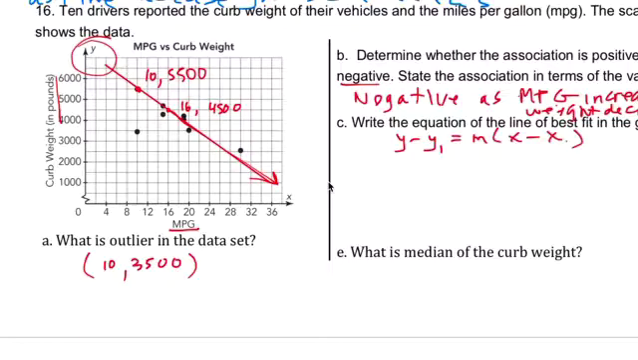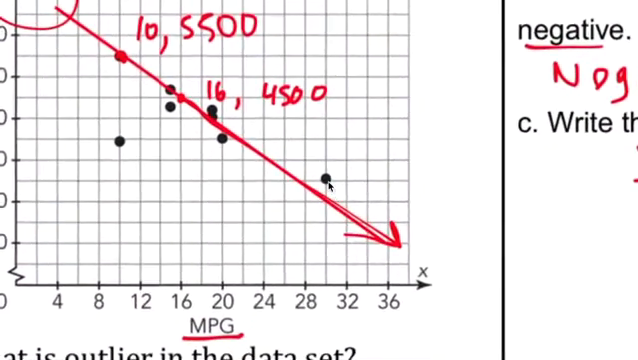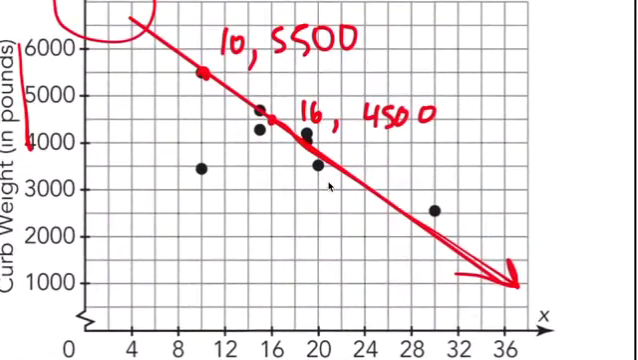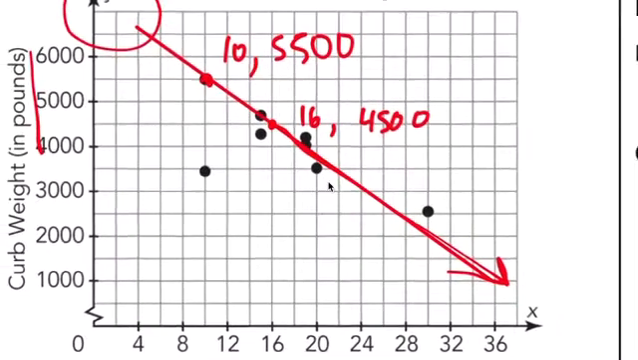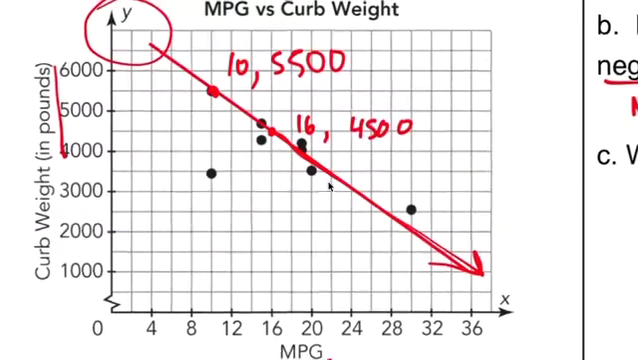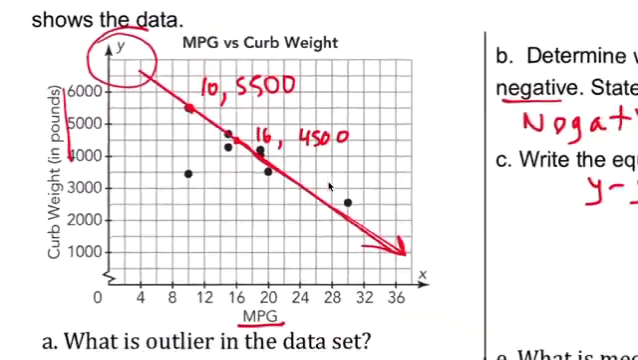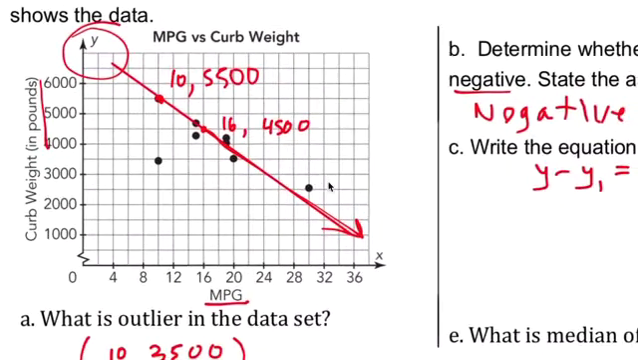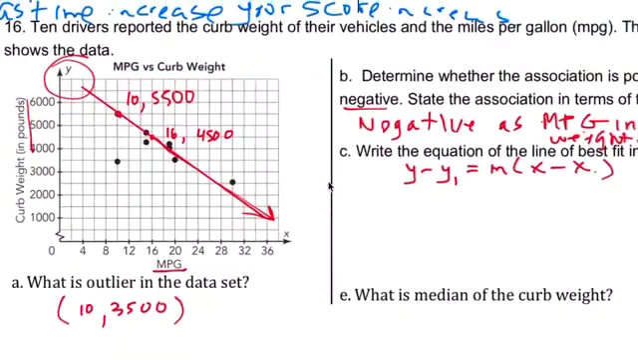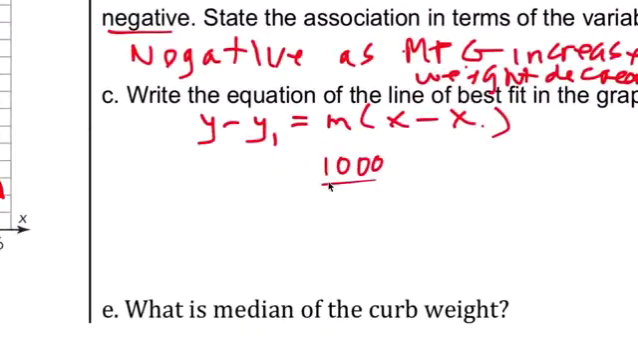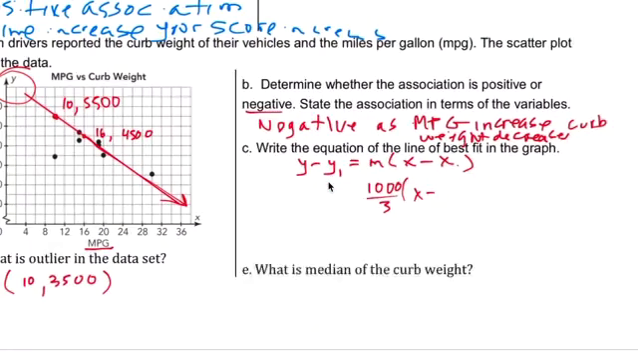It's not a good number. Maybe we'll do this, 1000 over, let's see, not a good number. Anyways, 1000 over 3 is fine. 1000 over 3, and then you use that, and then x minus x sub 1, and so on. Work with decimals,